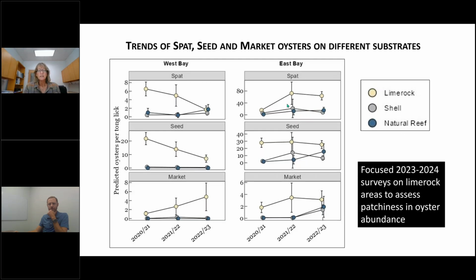Spat, sorry. But the number of market-sized oysters now in the western side of the bay in 22, 23 on lime rock seems to be doing pretty well. Not great, but pretty well, because that's only 4 oysters per tongue-lick there. So if we go to the eastern side of the bay, you'll see that, again, the lime rock is doing